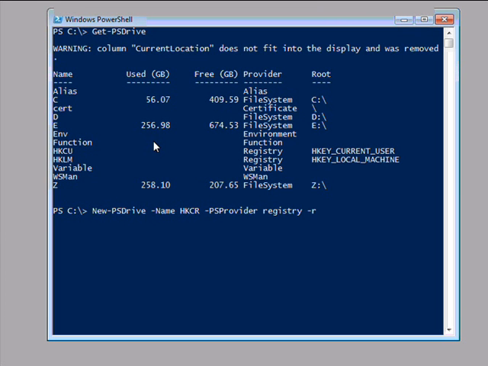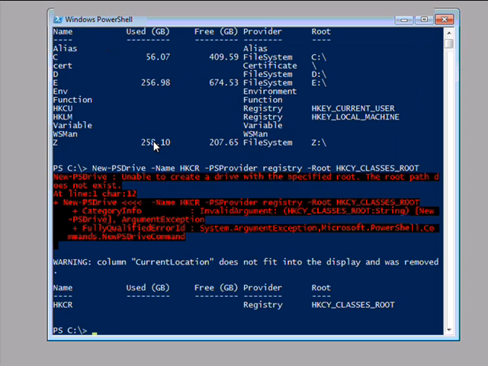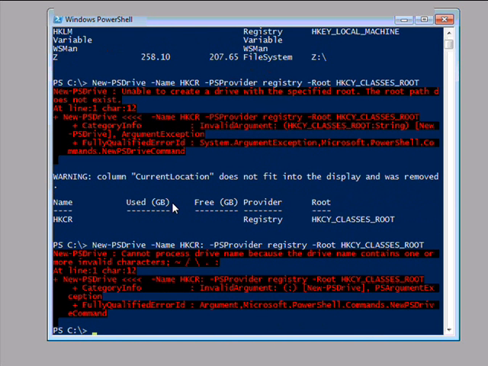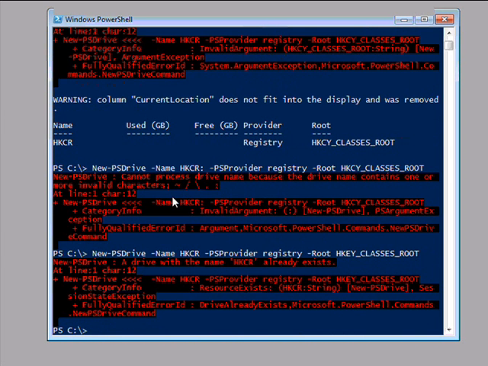Now this is the hard part here. HKEY_CLASSES_ROOT, and I press enter. Sorry, I told you that was the hard part. Spelling counts here. HKCR already exists. Groovy. Okay, so